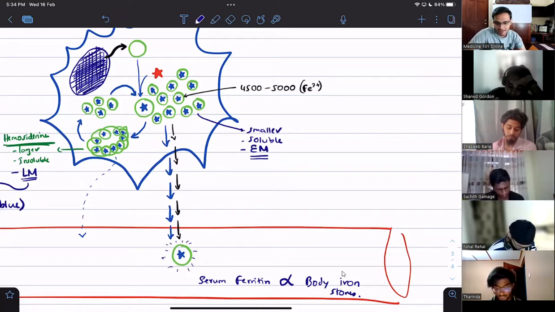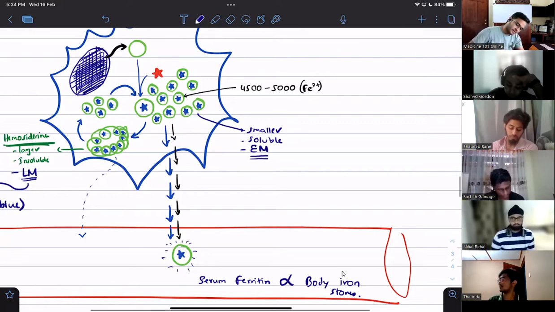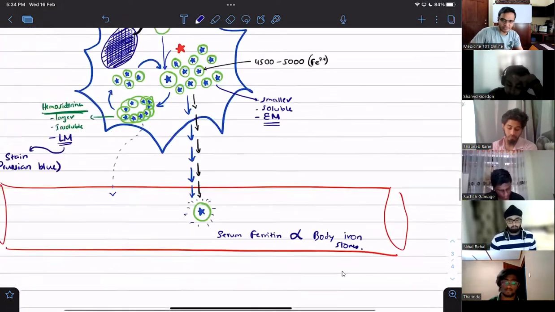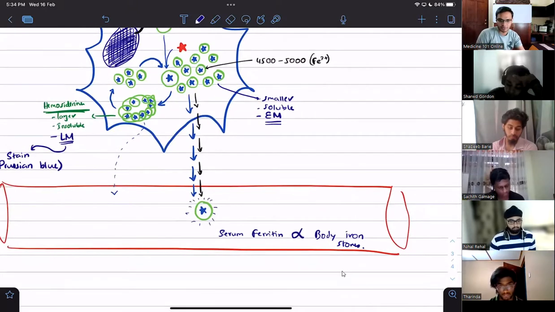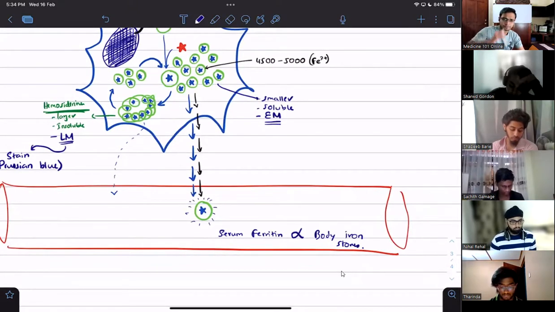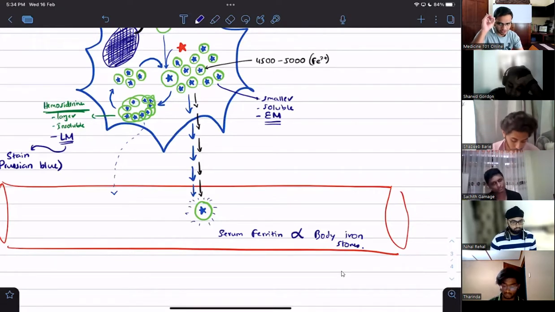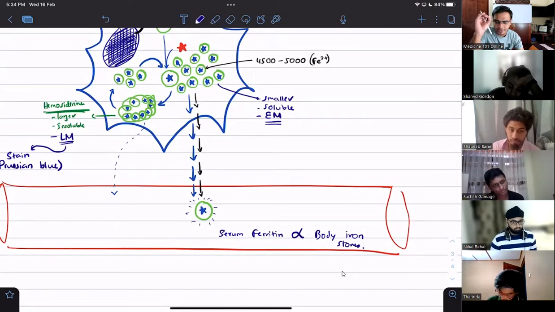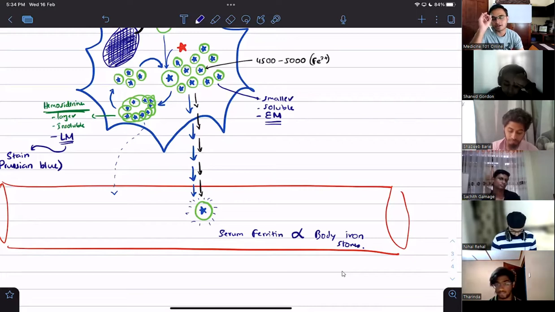Right. Now, what else here? Look at this, guys. What did we say about hemosiderin? I will just mention that also before we finish this part. Hemosiderin is another storage form of iron. It's in the minority, not the majority. The majority is ferritin. At the same time, it is insoluble. It is not usually allowed to come into the blood. So hemosiderin is our stainable iron.